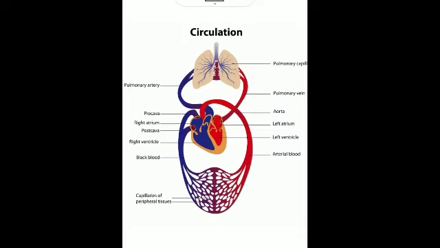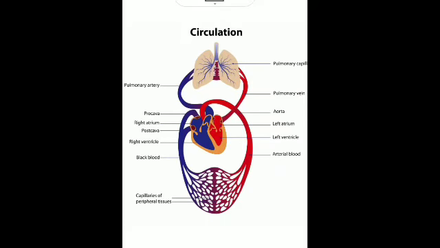Now when the ventricles get completely filled with blood, both the right ventricle and the left ventricle, the tricuspid and bicuspid valves close with a sound. Is that clear? Here is the tricuspid valve and here the bicuspid valve. The tricuspid valve is present between the right atrium and the right ventricle, and the bicuspid valve is present between the left ventricle and the left atrium. They close with a sound, and at the same time the semilunar valves open. Is that clear? The semilunar valves open at the same time.